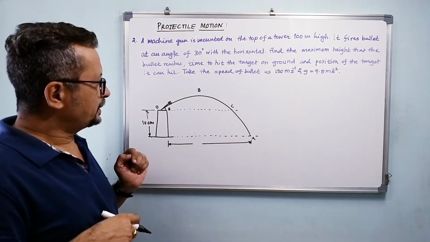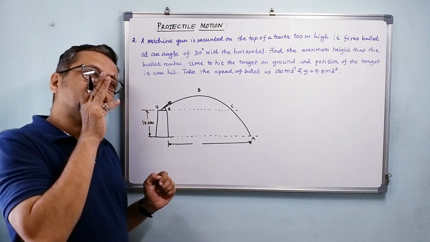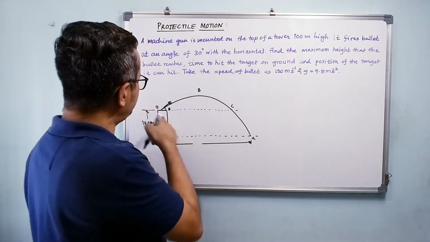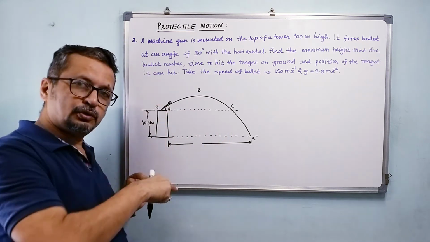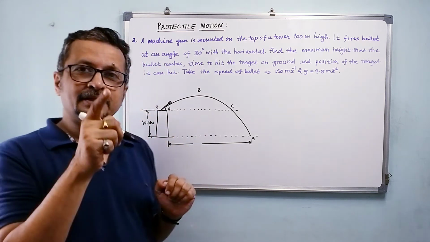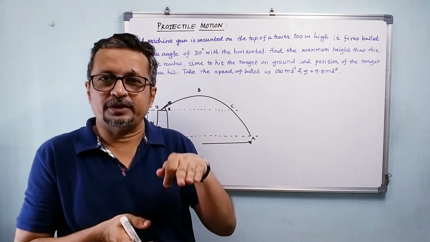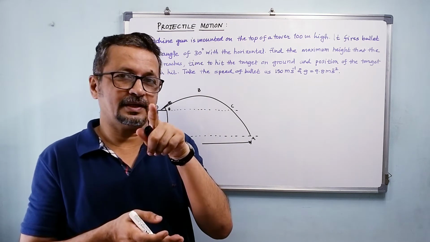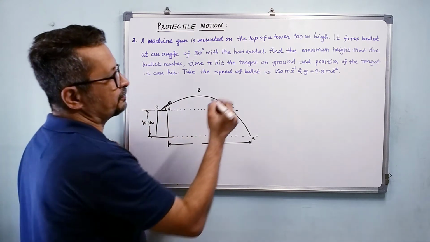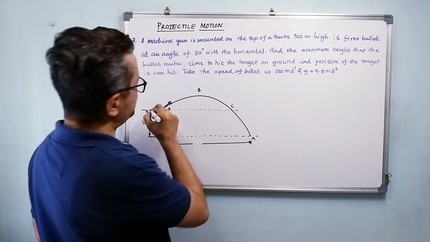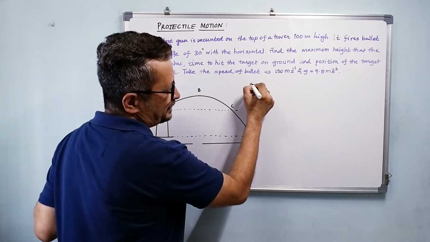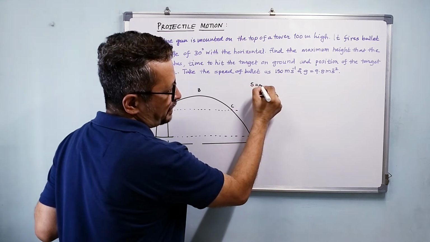All right, now if I see what is my vertical displacement when it lands on the ground, is it not 100 meter below the starting level? Isn't it? It is. But then that 100 meter is below my starting point, so I'm going to take that as negative. Correct. So we can find out the time. If you think of vertical displacement, displacement from O to A, right? So my vertical displacement is minus 100,